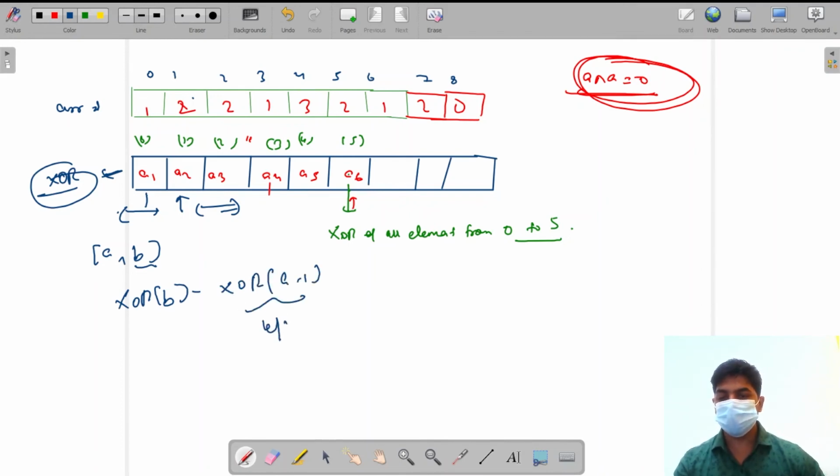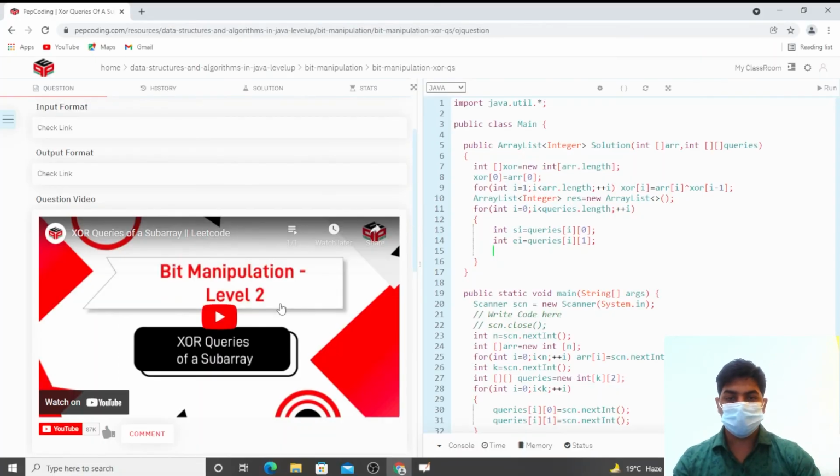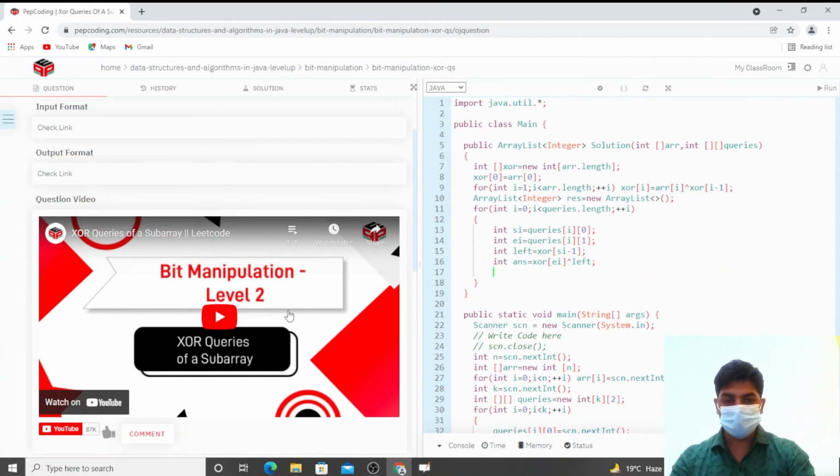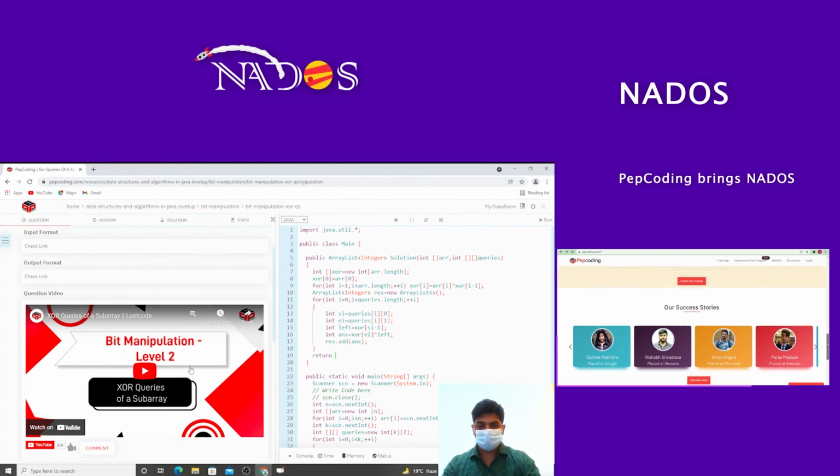Let me call this part left for now. So left will be XOR of starting index minus 1, and our answer will be XOR of the ending index XOR left part. We will add this to our array list, so result dot add answer. Finally we will return the result.